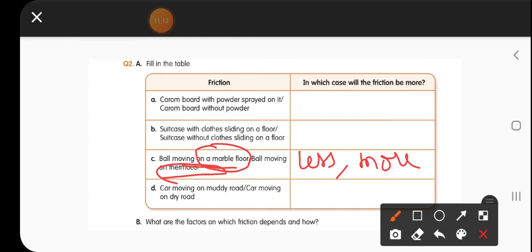If you won't walk carefully in those areas, you will slide. So on plain surfaces, the frictional force is very less. If you are walking on a normal road, you won't walk cautiously. But when you are walking on a wet marble or a wet floor or a muddy area, you won't get a good grip because of the less frictional force. So definitely we should walk cautiously.